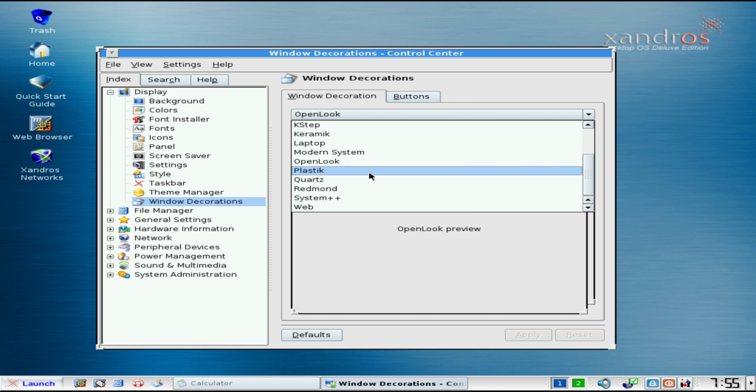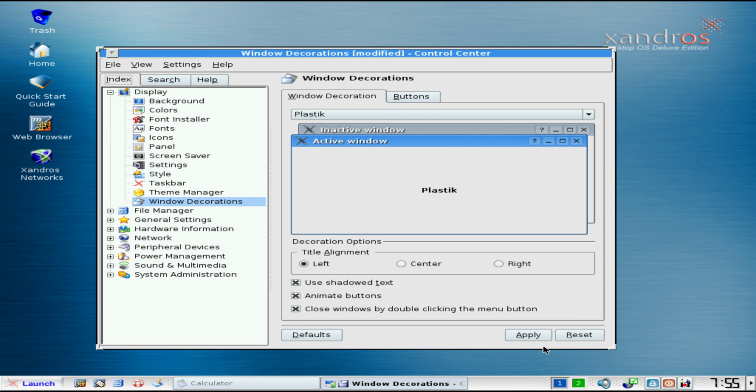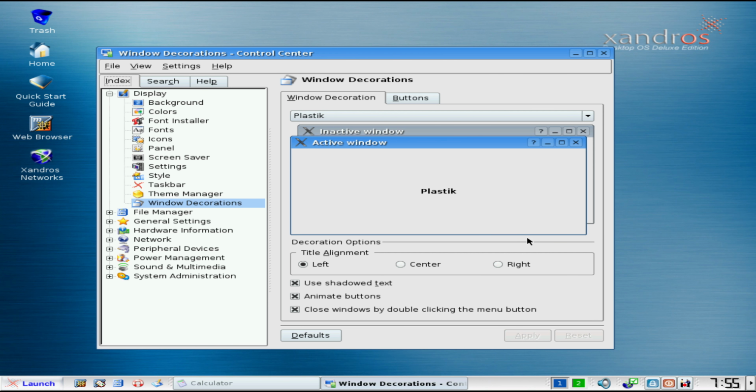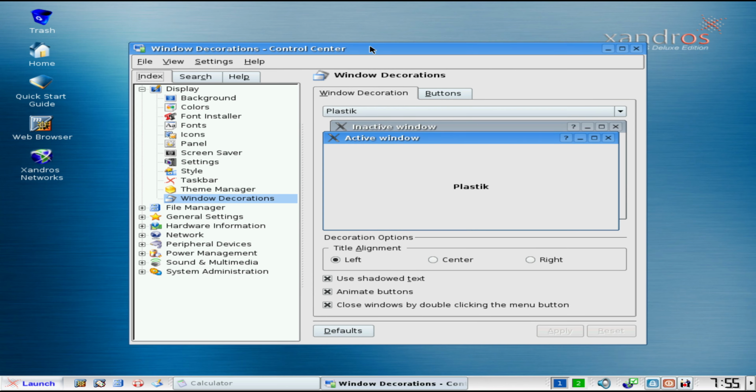Like a D, doesn't look good. Right. But what about plastic? The default? Yeah, so this one's the default one. It goes, yeah,